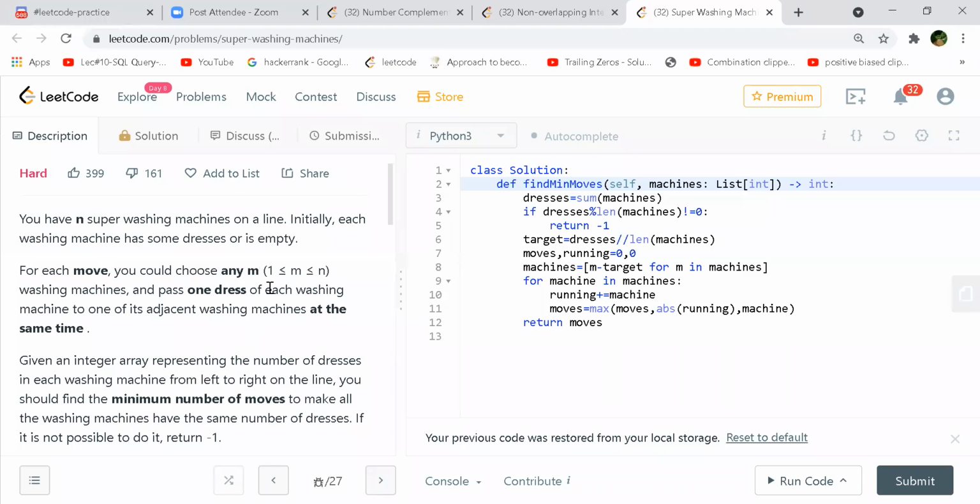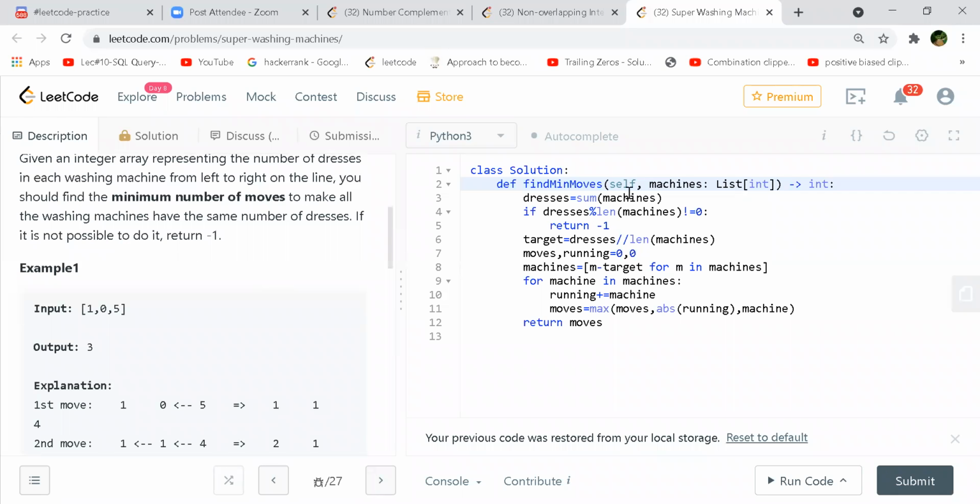So here, as you explained, we are summing the entire array first, right? And we are checking whether it is completely divisible or not, because if it's not, then you'll have to return -1 in that case. And now here you're calculating the capacity of each of the machines, summing the entire array and dividing by the length, which gives the capacity of each machine. And here I'm maintaining whether there is a deficit or a surplus. I take individual elements from the machines and subtract from the target, the one which you were showing, right?